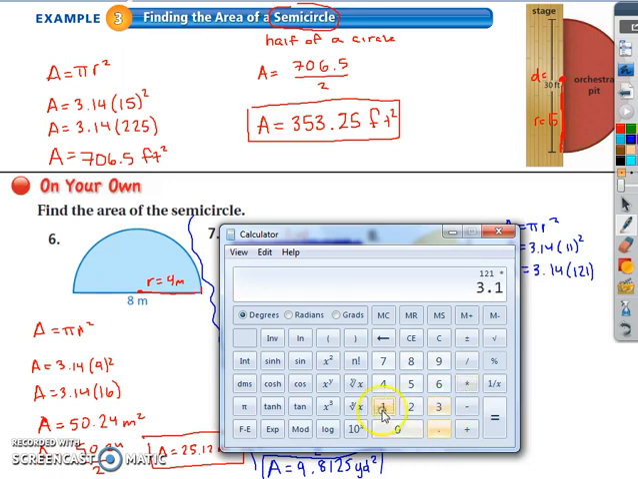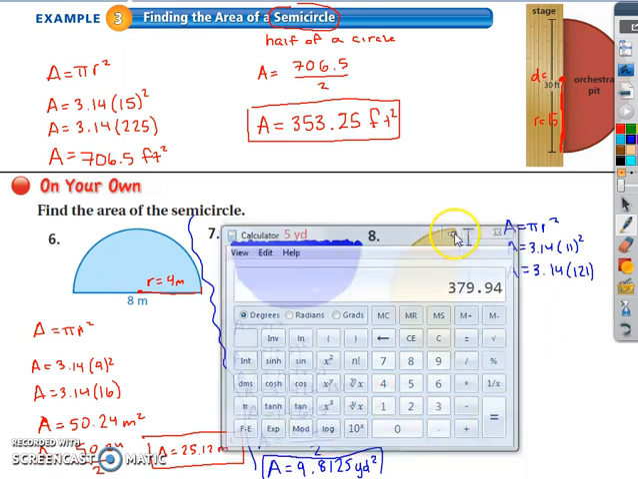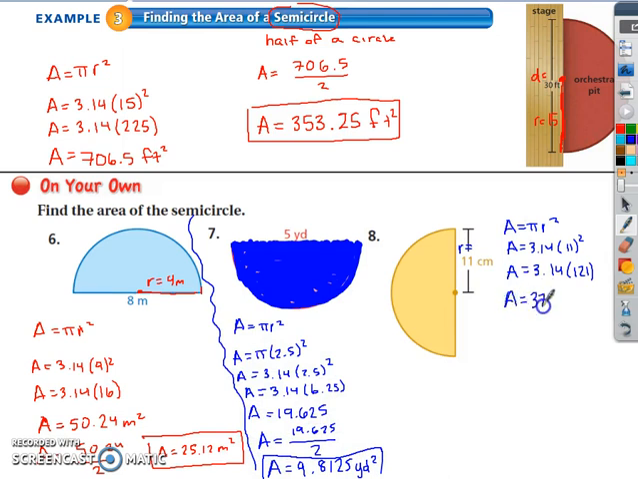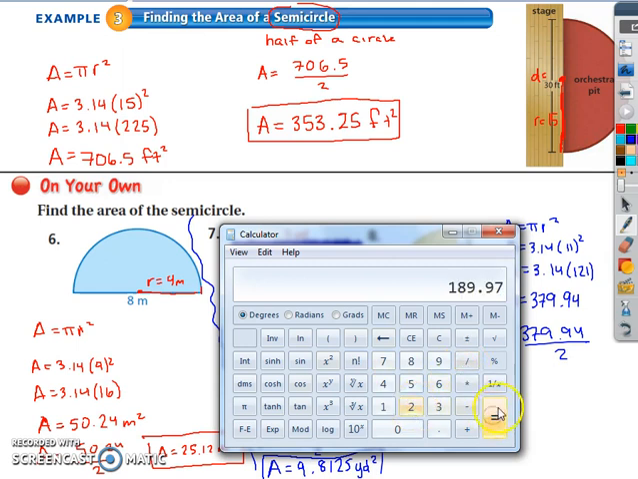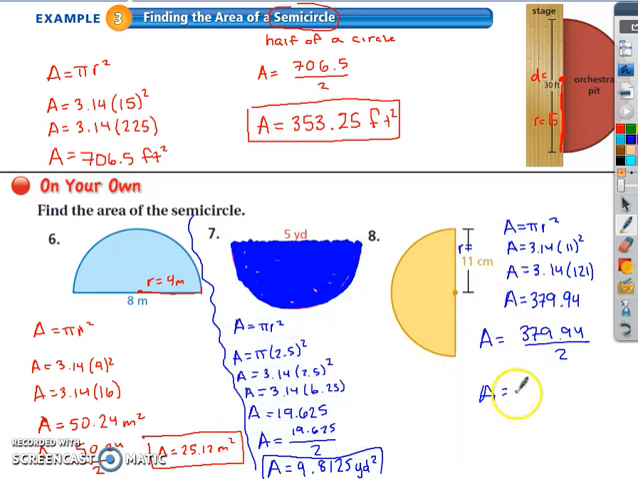Multiplying by 3.14, I get 379.94. So area equals 379.94. But what I found is the area of the whole circle, and what I want is only half the circle. So I need to take that area and divide by 2. 379.94 divided by 2, and I find that the area of this semicircle is 189.97. My units are centimeters, and since we're talking area, I have a two-dimensional surface, so I have centimeters squared, or 189.97